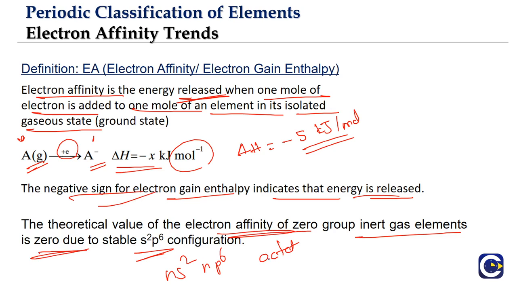But practically, for example, neon can also be given an electron, thereby forming an anion. So we can calculate the energy change involved in this process, and while we said that in most cases electron gain enthalpy will be negative, in these kinds of scenarios we will not get energy released. In fact, energy has to be supplied. If we look at the electron gain enthalpy of inert gases, it will not be negative, it will be positive. So we'll talk about it. This is the practical value, but theoretically we will take it to be 0.